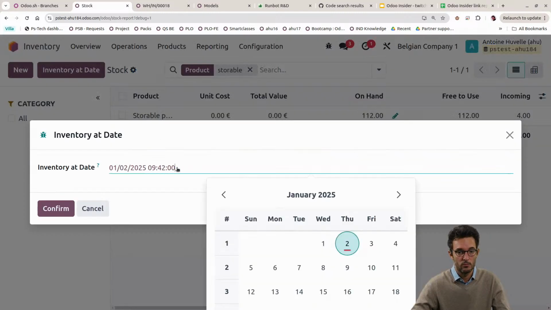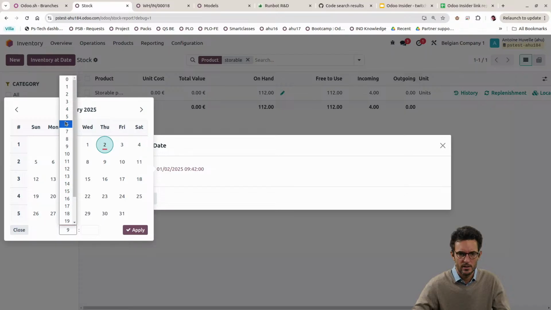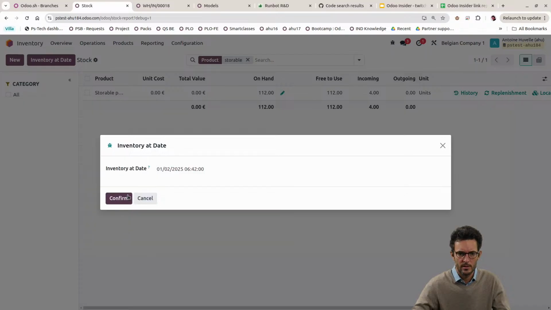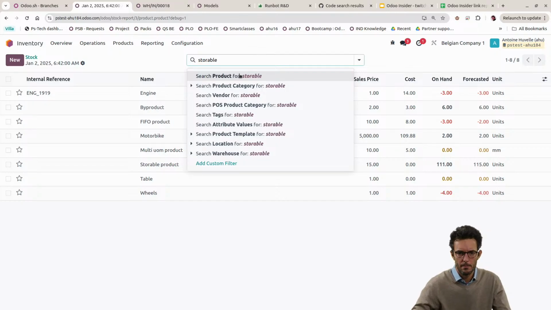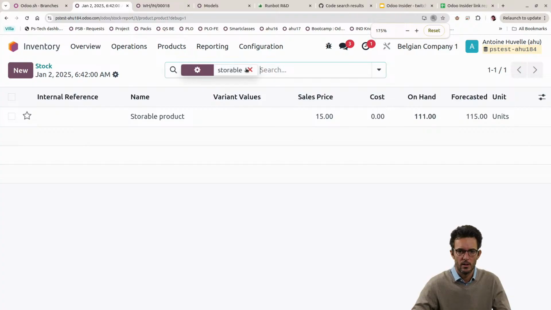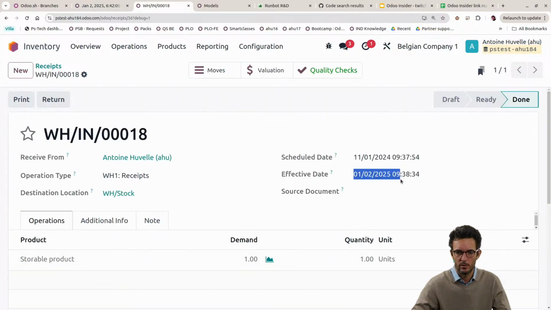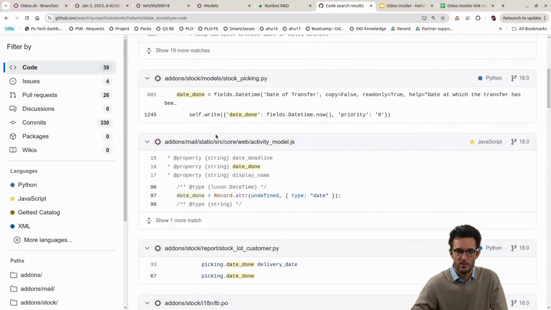We have inventory at date. Yeah, we even have the time. So I could spend a bit of time changing this. I need to have access to this, and I would say even before 6 or that time. Where is it, storable? Okay, so already today at 6 a.m. we didn't have anything, so clearly it's not only the date but the effective date and time that matters here. Okay, so if you want to change that, trouble is chances are quite high